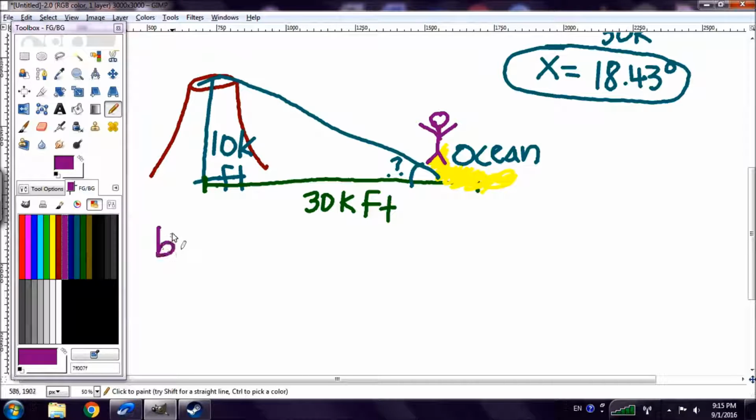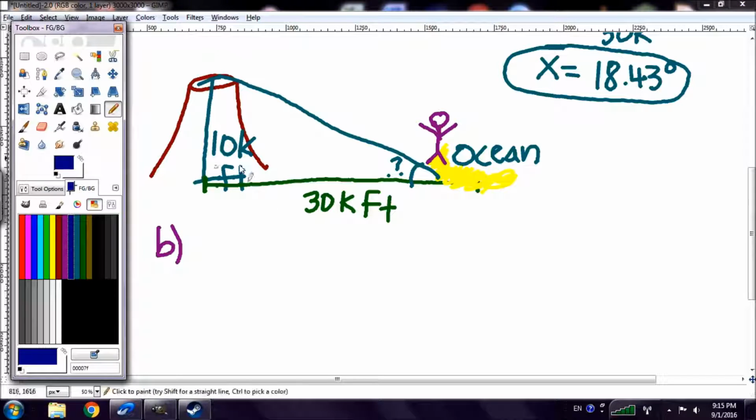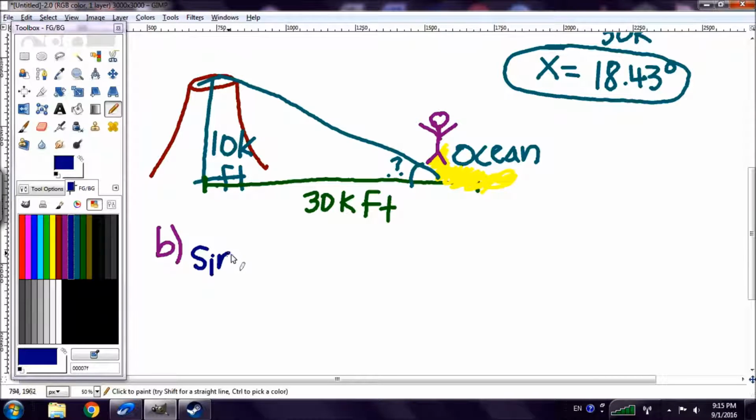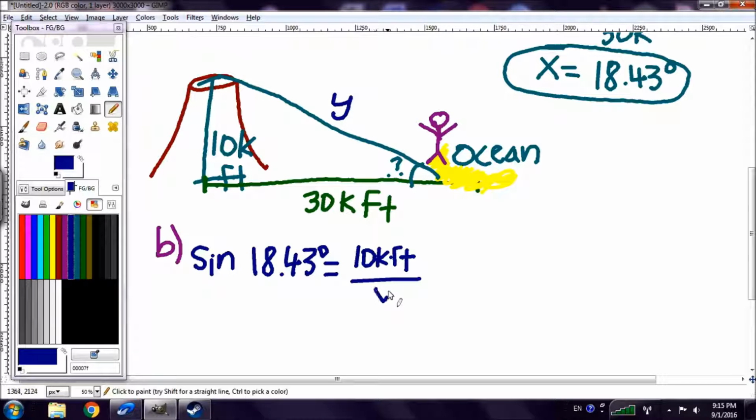Alright, there's a few ways you can solve this. You can use sine, you can use cosine, and you can use the Pythagorean theorem. If you use sine, you would do sine of 18.43 degrees that you got from here equals the opposite side, 10,000 feet, over the hypotenuse, which is unknown and we're going to call y, over y. So you would multiply y to both sides. This will cancel out, and you would get